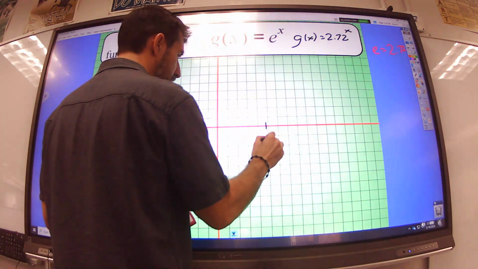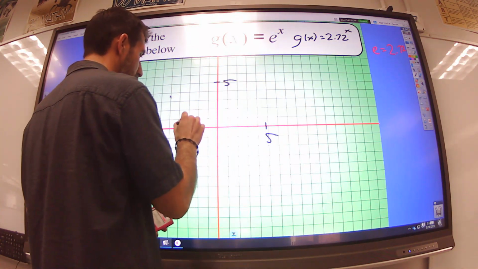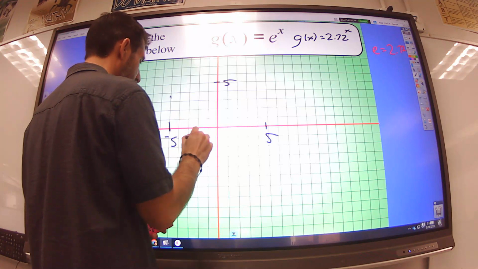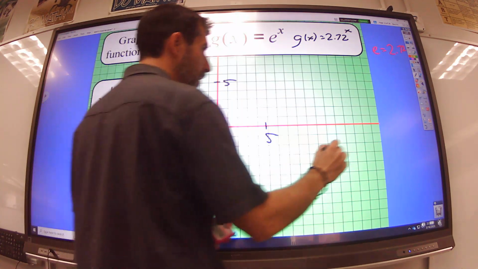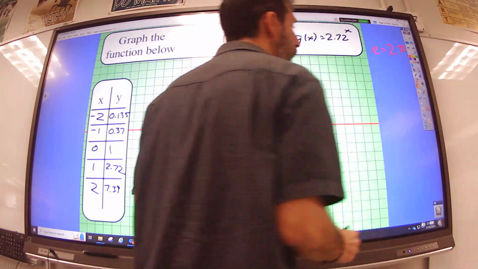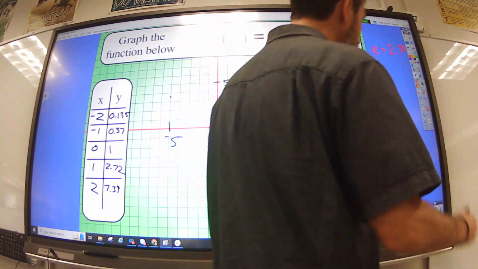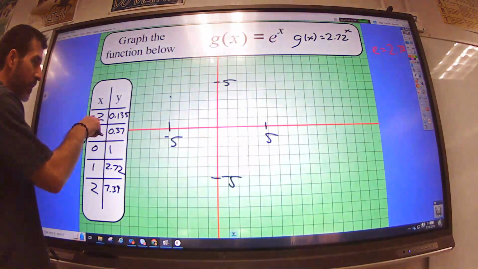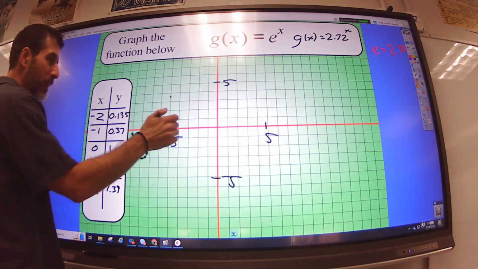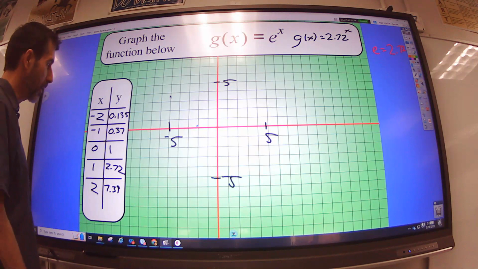Okay, now we'll just plot the points. Negative 2. It's a very small number. Negative 2. I got a point right about there, right? Negative 1. 0.37, very small. Get close to 0 right there. 0, 1, right there. 1, 2.72. I shoot up there. And then 1, 2, 3, 4, 5, 6,